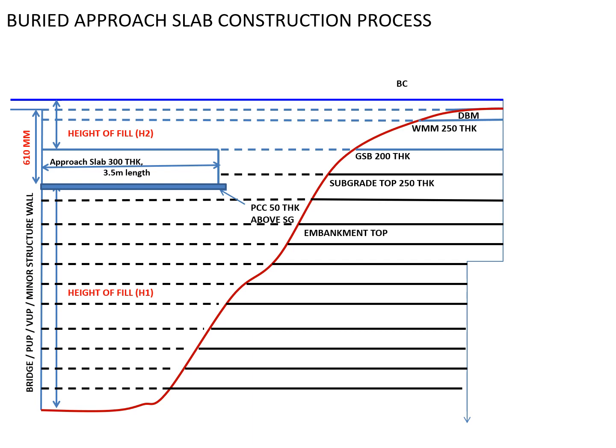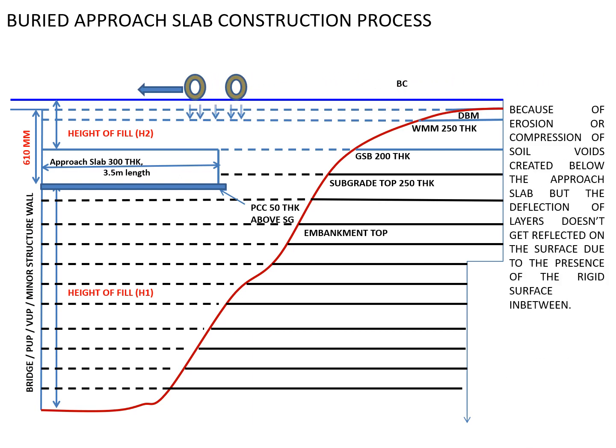Now this is also having an impact, like it provides a cushion on top of the approach slab, so that the impact of wheel on the cantilever portion of the approach slab is minimal, and even if the vehicle moves on top of the road, the movement of the soil because of the vehicle movement on top of the road is very minimal,